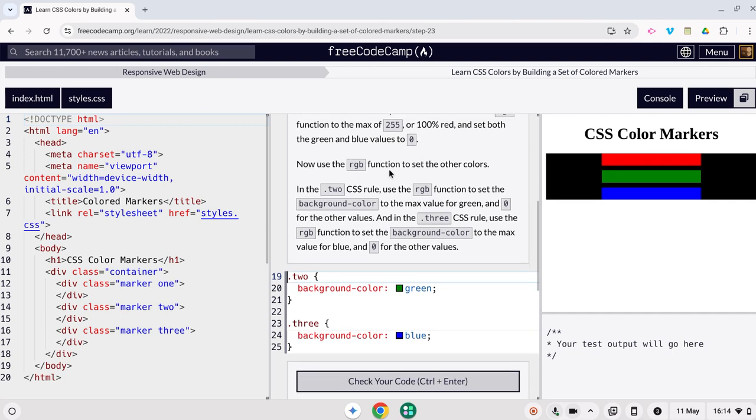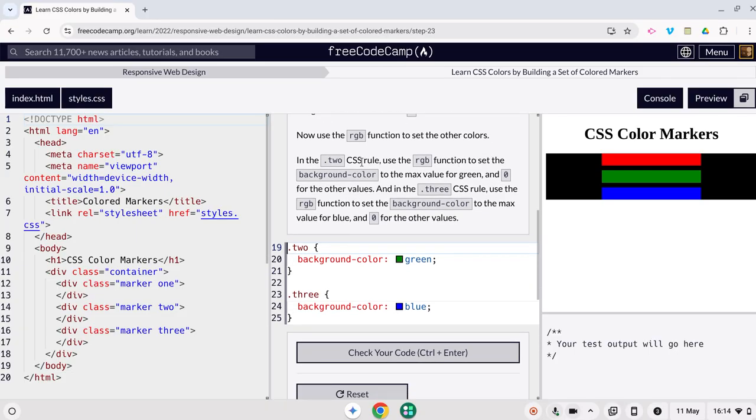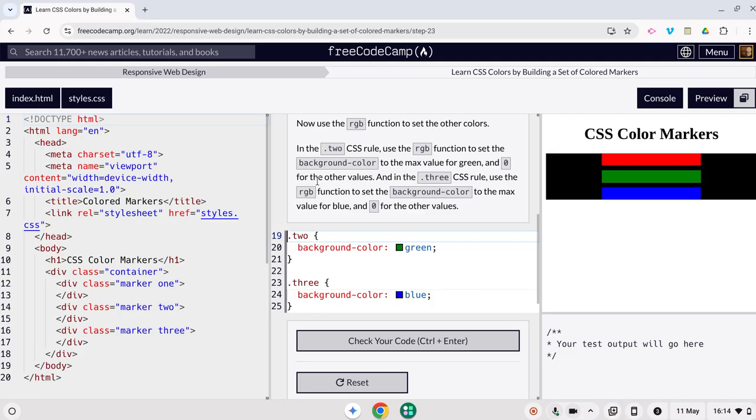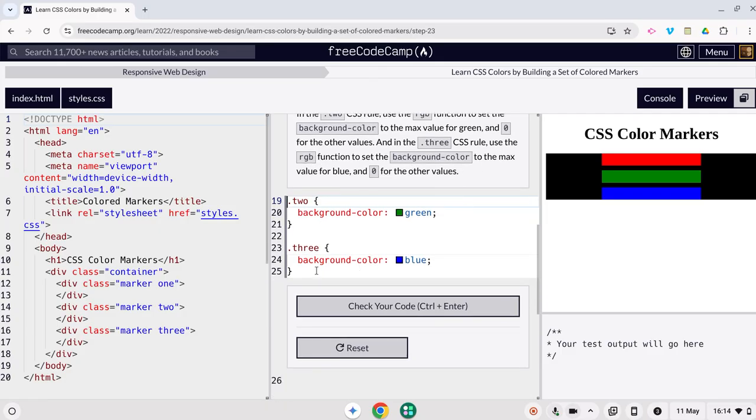Now use the RGB function to set the other colours in the dot 2 or period 2 CSS rule. Use the RGB function to set the background colour to the maximum value for green and 0 for the other values, and in 3 CSS rule use the RGB function to set the background colour to the maximum of blue and 0 for the other values. Right, so again,